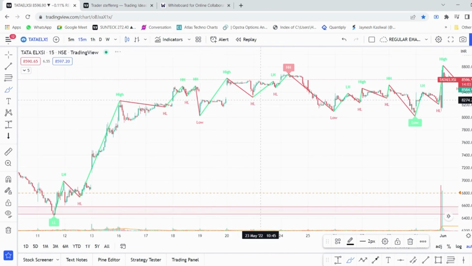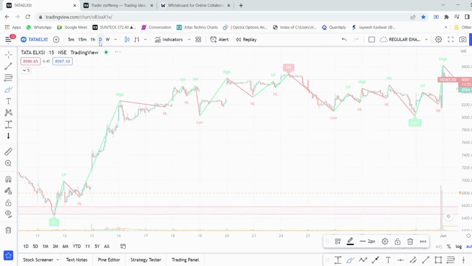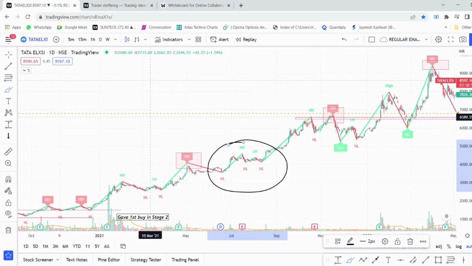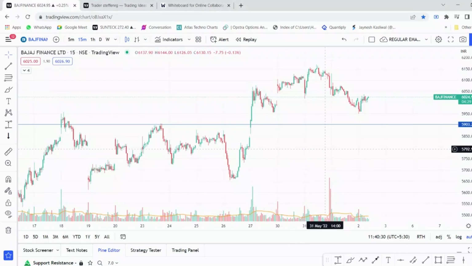It is advised to use this indicator on a bigger time period so that you get a little more accuracy, such as a daily and weekly time period. The fourth and the final indicator that we are going to talk about is dynamic support and resistance. This indicator can plot dynamic support and resistance based on any time frames that you choose.